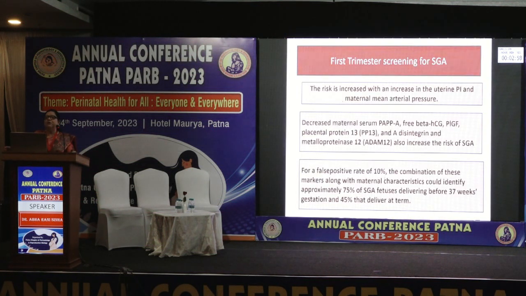Now coming to small for gestational age babies, this can also be detected or predicted by an increase in uterine PI and maternal mean arterial pressure. Apart from this, we have other markers like PAPP-A, free beta HCG, PLGF, PP13, that is placental protein 13, and a disintegrin and metalloproteinase 12, that is ADAM12. They all increase the risk of SGA. Most of these are only in research settings. What we are doing in clinical practice is PAPP-A, which we get along with the first trimester combined test, and